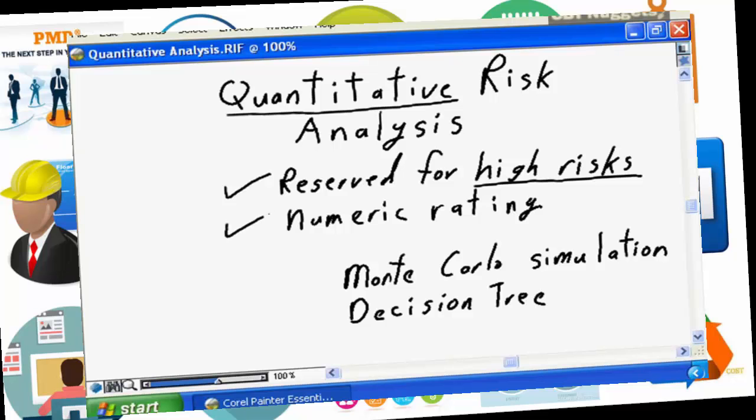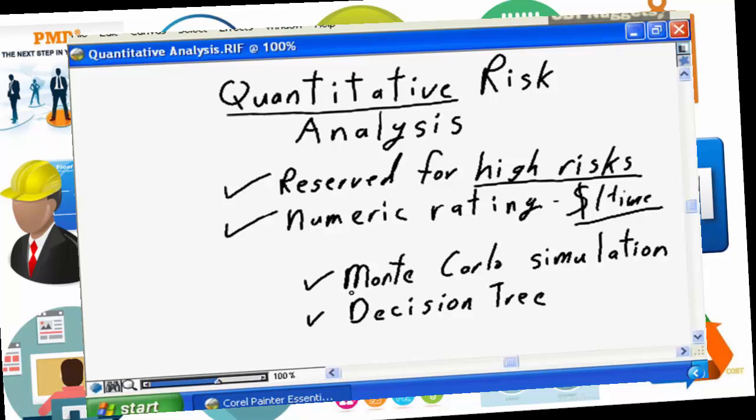and that is to assign a numerical rating, potentially to come up with the exact equivalent of the dollar value or the time equivalent of what is going to be involved in the project to ensure you have appropriate strategies in place to deal with the risk. Two of the most common forms for doing quantitative risk analysis is to do a Monte Carlo simulation or to